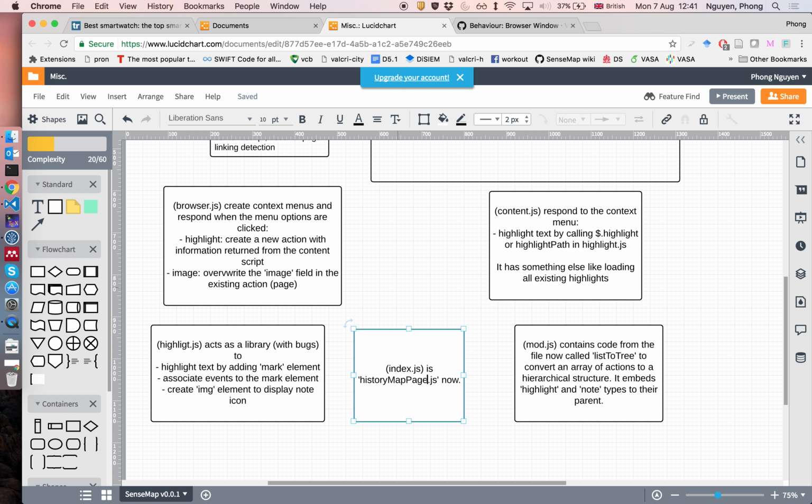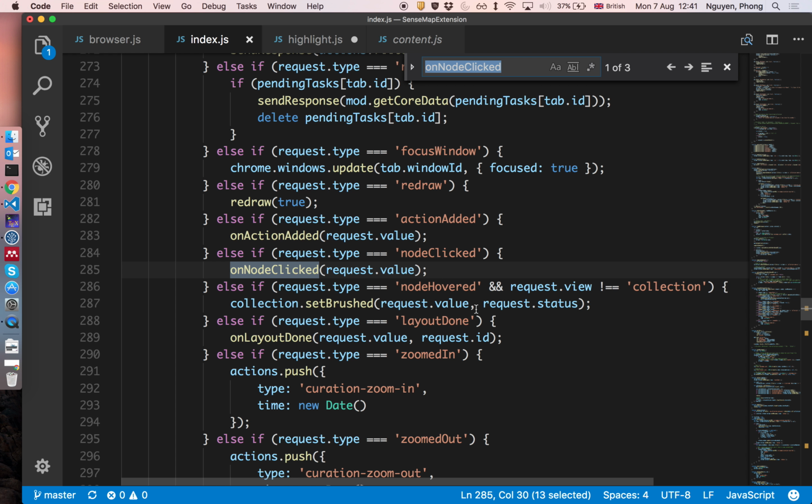So the history map list has the code to handle that, but when you click on that, what will happen? What will happen is handled inside, but it will need to tell the outside that the node has been clicked, so that it can do something else, like store the information. That's a controller for history map. Yeah. So for example here,